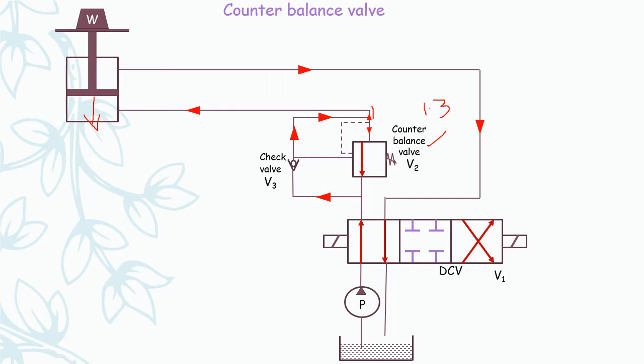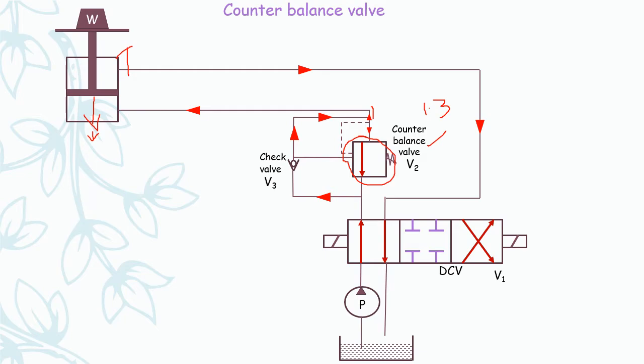So the figure shown to you to explain the working principle of this counterbalance valve is a double acting cylinder circuit in which a load is vertical. It can run away while being lowered under the influence of gravity. In such a situation, the load itself may get damaged, or it may even cause damage to the other parts such as cylinder. In order to overcome this problem, this valve V2, which is counterbalance valve, is used.